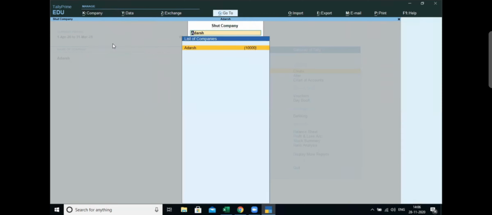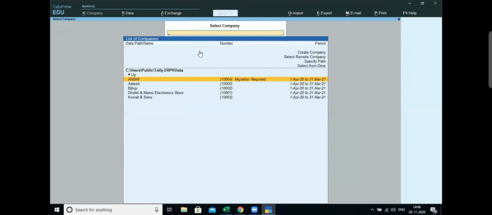So I am pressing enter, and this again asks me to confirm that yes, you want to shut the company Adarsh. So I am selecting by pressing enter here. As and when I enter, now you can see there are no companies open right now. So this is how you can shut the company.